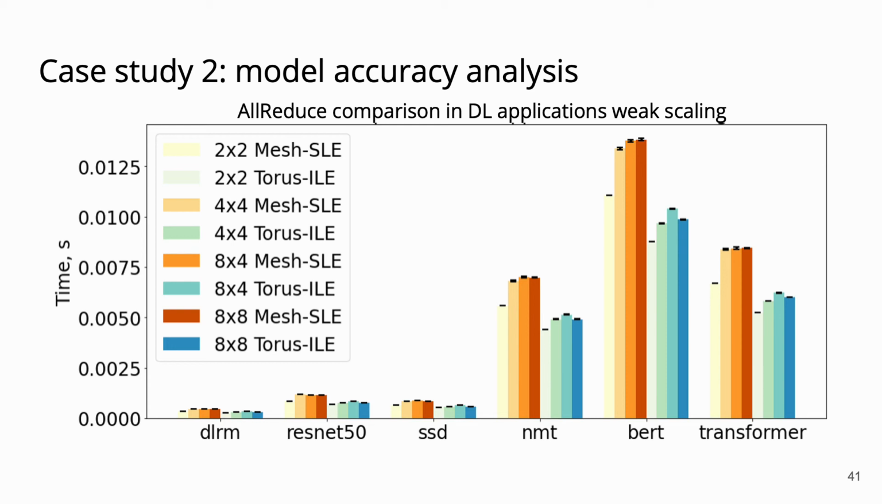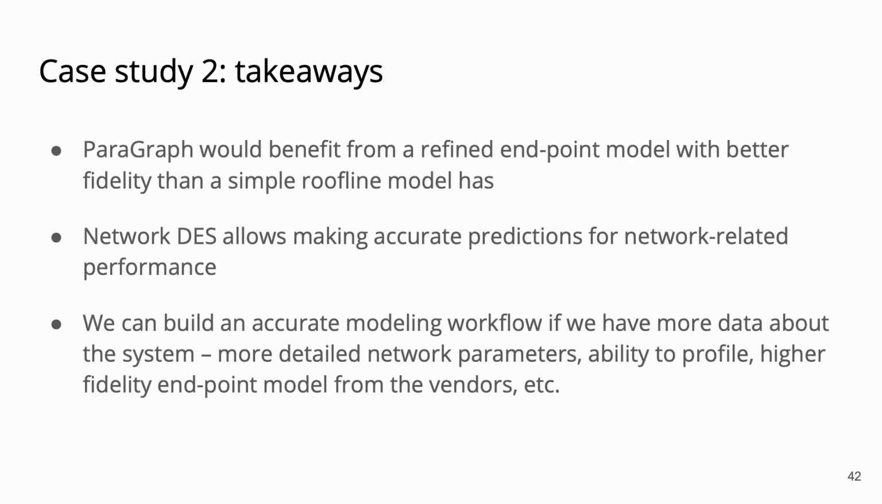We can change topology, link bandwidth, or other network parameters to obtain performance projection for a slightly alternated system. So what did we learn during this study? First, the node model that ParaGraph employs is not optimal. However, it's not a limitation of ParaGraph, just an artifact of the roofline model. We can interface ParaGraph with a better tool to model node or use a model from the vendor if such